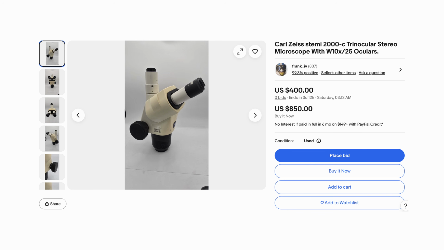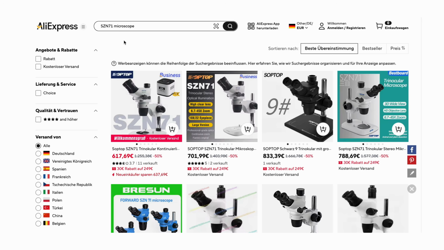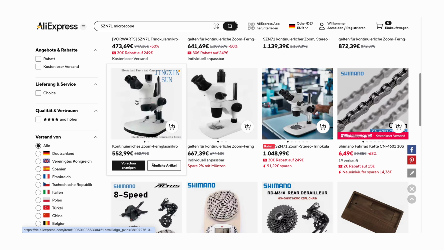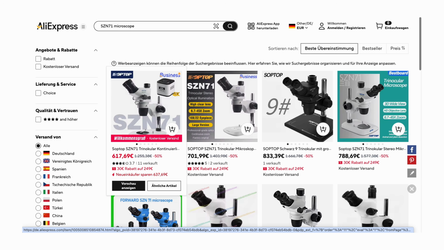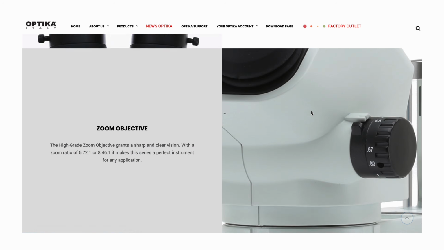You can also buy a used microscope, but when it comes to stereo microscopes, I'd be very careful. A stereo microscope has to be perfectly aligned at the factory, and buying one second-hand can easily turn into a bad deal. Seriously, buying a new SZN71 is worth every single dollar. You can find the same microscope under different brands. Just pay attention to the